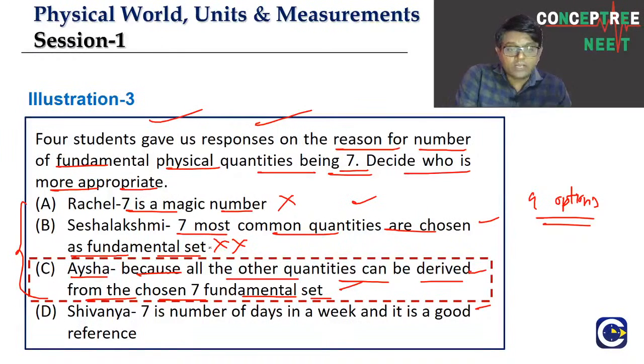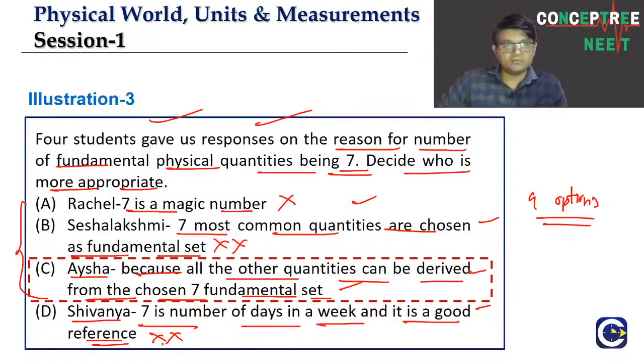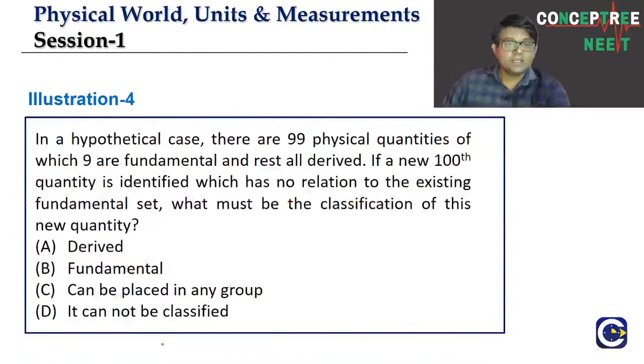Okay, but we look at option D also. Shivanya is saying that 7 is the number of days in a week and it is a good reference. Is it about that? No, right? It is not about the number of days or anything. Clear, students? Now let's look at one more question. Whoever is able to give the correct answer for this,